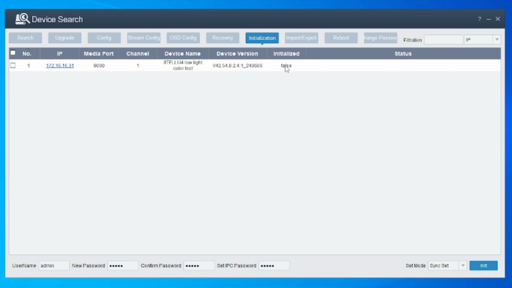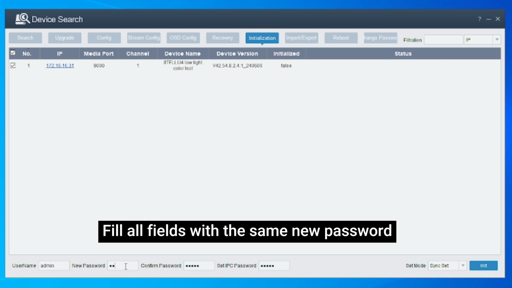So what do we do to activate the camera? You can do this with multiple cameras at the same time. Obviously, in this case, we're just going to do one camera. So we're going to select the camera and put a check in the checkbox here. Down here on the bottom, we're going to go ahead and fill in the new password, confirm password, and set IPC password. So I'm going to go ahead and put in my new password,